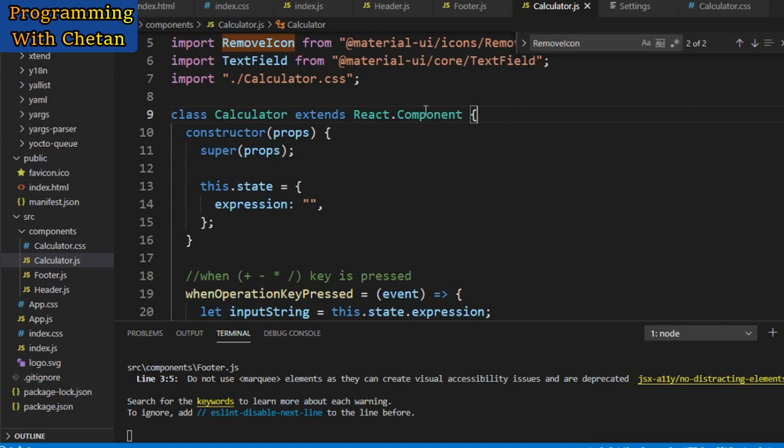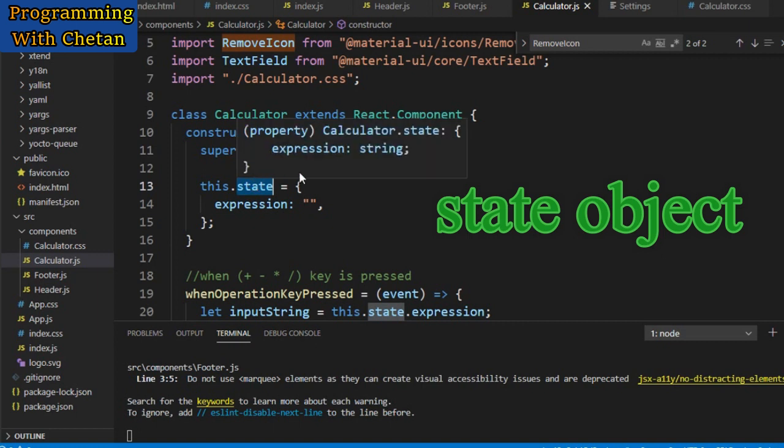Now let us move further and discuss the various logical implementations which we have done for this calculator component. This is the constructor which we have defined for our calculator component, and in this constructor we are passing in props, that is the properties attribute. Suppose you have to pass any property to this component, then we can access those properties by using this props. And here inside our constructor you can see that we are initializing the values for our state object. Inside our state object I have defined one field with the name expression, and initially its value is